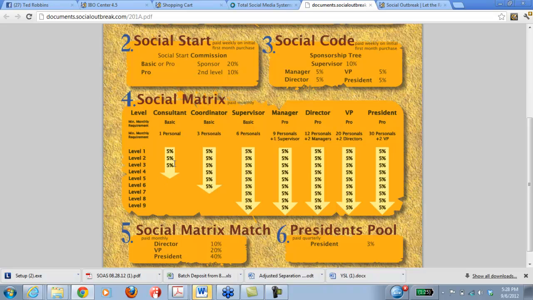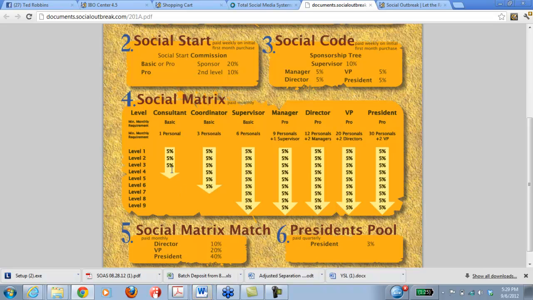Well, let's imagine for this first level that I signed Jack up at the very top, and Jack was my personal. Then I signed up another personal below that, and another personal below that. The more personal recruits I bring in early on when I join this company, the more it benefits me later. With this 3x9 matrix, I can have 3 personal people on my front line and 9 personal people on my second line. If I filled up my first and second lines with my personal people, as I bring anybody on in my third, fourth, fifth level,